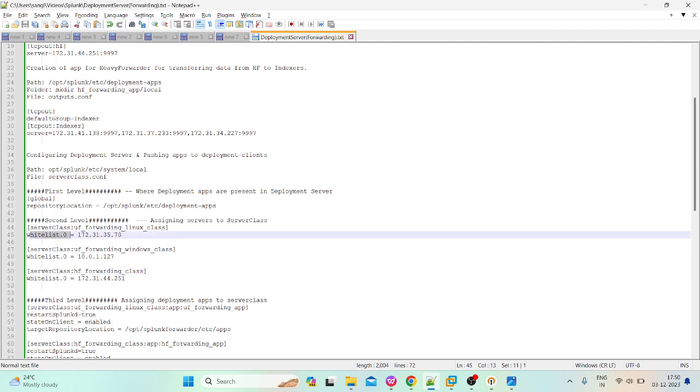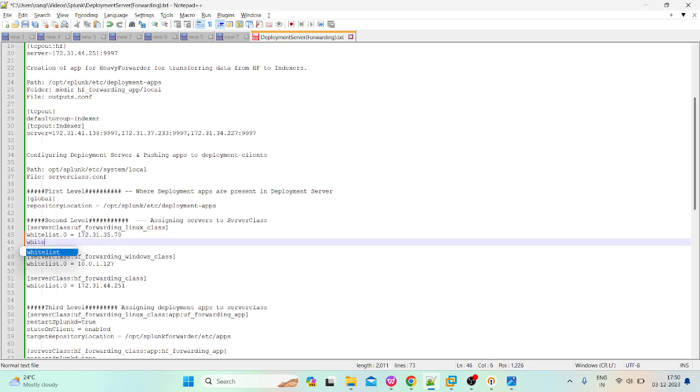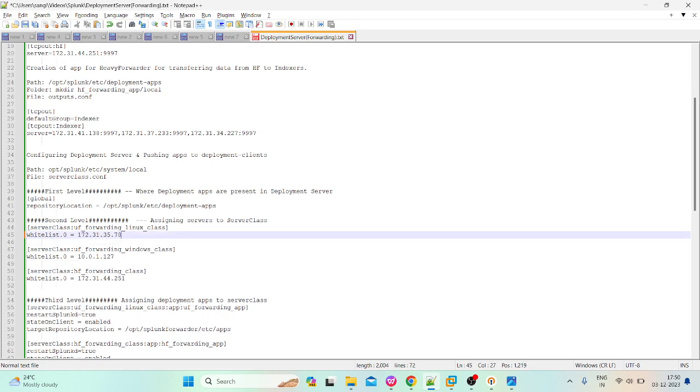Now next what you see is whitelist.0, whitelist.0, whitelist.0. So this means which hosts are actually allowed to be a part of this particular class, right? If you want to mention more IP addresses in this particular class, then you can do it like whitelist.1 equal to the IP address you want, you can give it here, right? As of now I have only one IP address. Okay, so now I'm going to map the host IP address to this particular thing. Okay, so as you see here, whitelist.0 is equal to